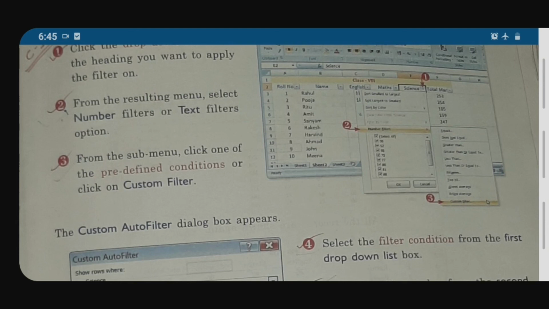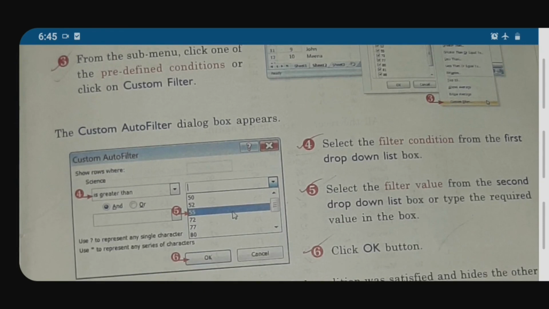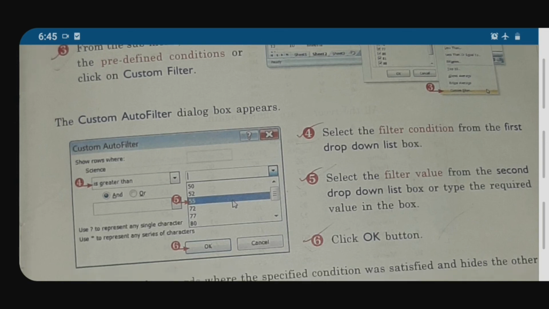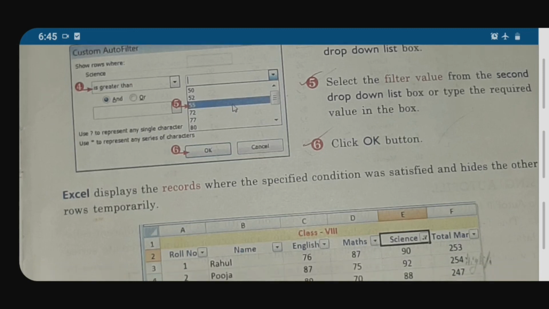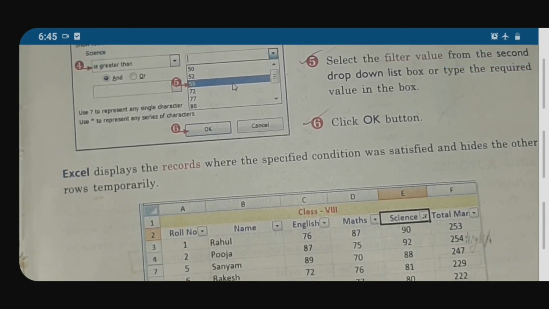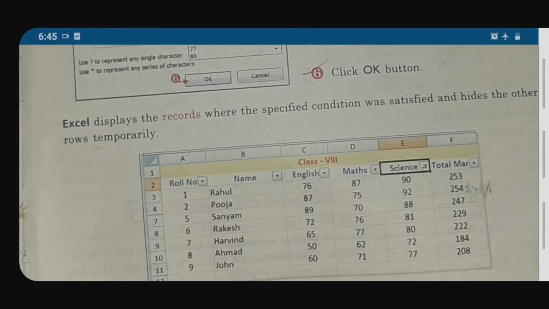Select the filter condition from the first drop-down list box. Next, select the filter value from the second drop-down list box or type the required value in the box. According to your wish, you can type the value, then click the OK button. Then Excel displays the records where the specified condition was satisfied and hides the other rows temporarily. You can see here 55 and OK.